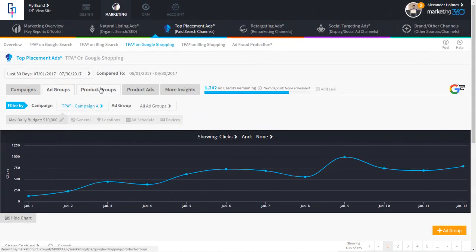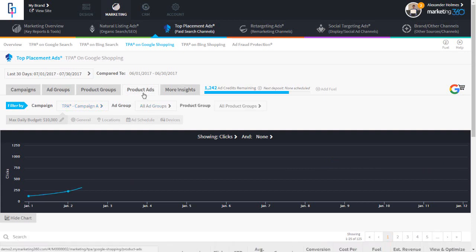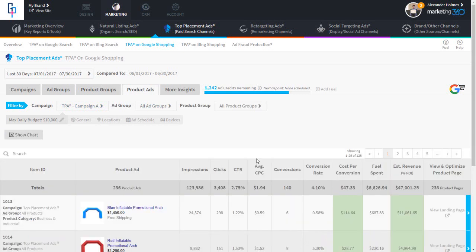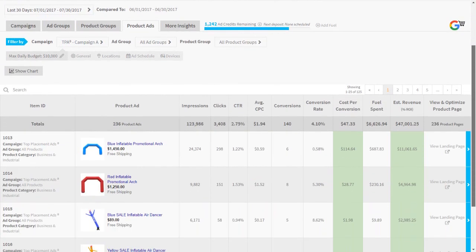Okay, product groups is the same sort of a setup. So is more insights. Product ads is a little bit unique, so I'm going to click on this. Product ads is a very popular report for basically everybody that's running Google Shopping ads, and let me show you why. If I minimize this chart and scroll down, the product ads is really cool because it actually has a